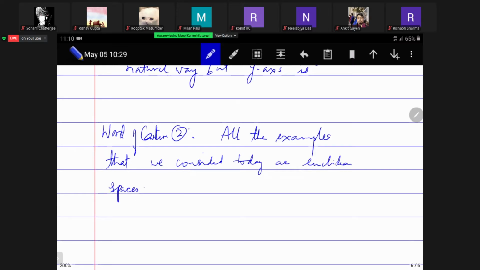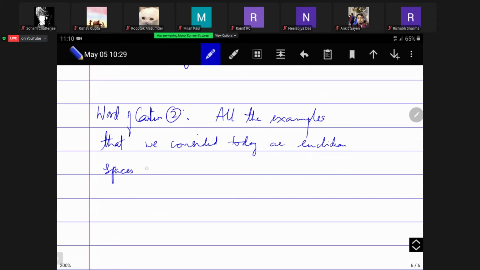It's just R2 or R3. So then we may ask, if V mod W is the same as